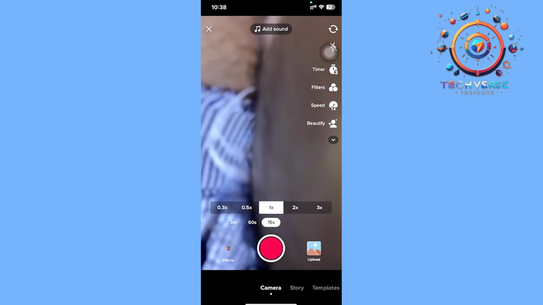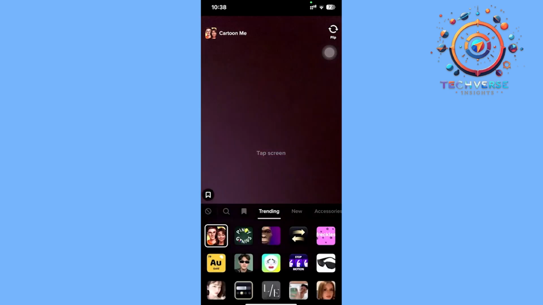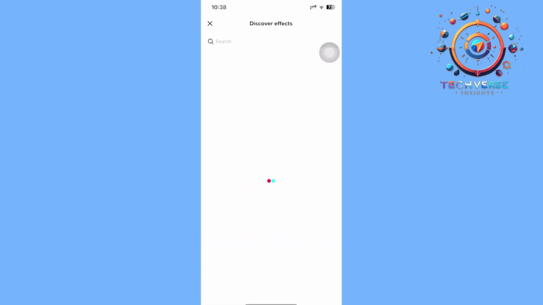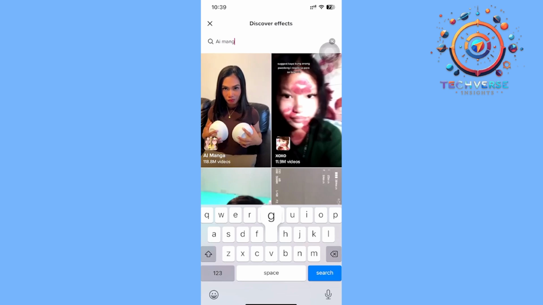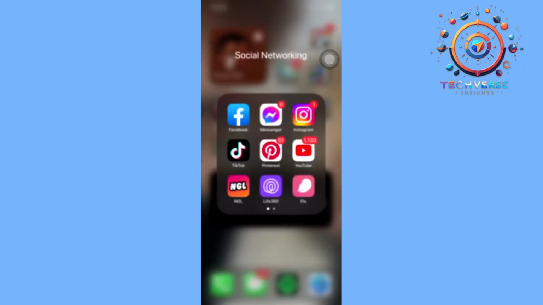So I'm gonna tap on my plus icon right there in the middle of the screen, tap on my effects tab, and from here I want you to go ahead and search for the AI manga filter. And once you have searched for that, of course, you should see that filter right here. In the case that you can't see this and it is missing, what are the ways that we could fix that? Well, all we need to do in order to fix this issue is to make